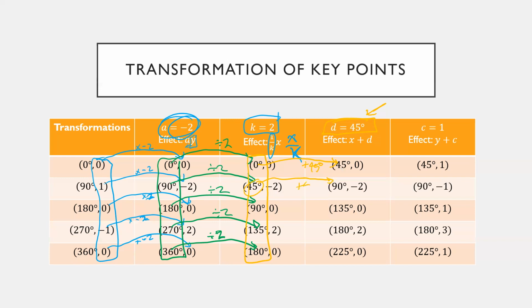So add 45 degrees here. So 0 degrees plus 45 degrees is 45 degrees. 45 degrees plus 45 degrees is 90 degrees. 90 degrees plus 45 degrees is 135 degrees. 135 degrees plus 45 degrees is 180 degrees. And 180 degrees plus 45 degrees is 225 degrees. And this is going to be our new point. So 45 degrees in 0, 90 degrees in -2, 135 degrees in 0, 180 degrees in 2, and 225 degrees